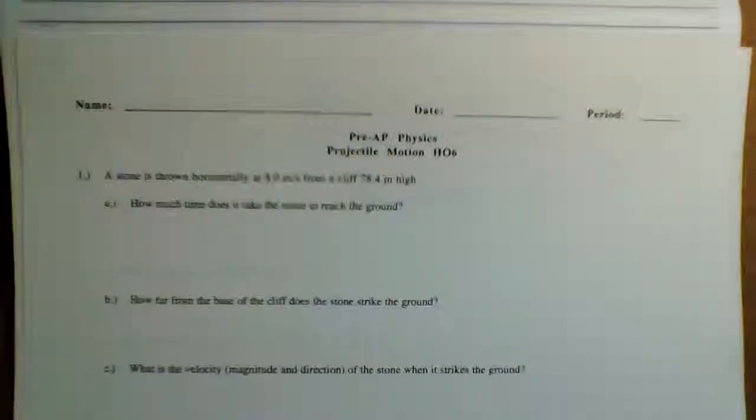All right, so we are looking at PreAP physics, projectile motion, homework 6, number 1. It says a stone is thrown horizontally at 8 meters per second from a cliff 78.4 meters high. How much time does it take for the stone to reach the ground? How far from the base of the cliff does the stone strike the ground? What is the velocity? And that's going to be the magnitude and the direction of the stone when it does